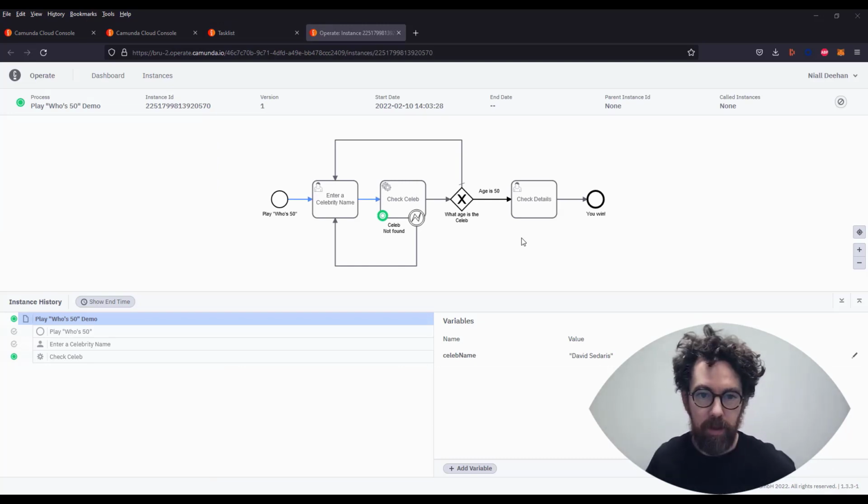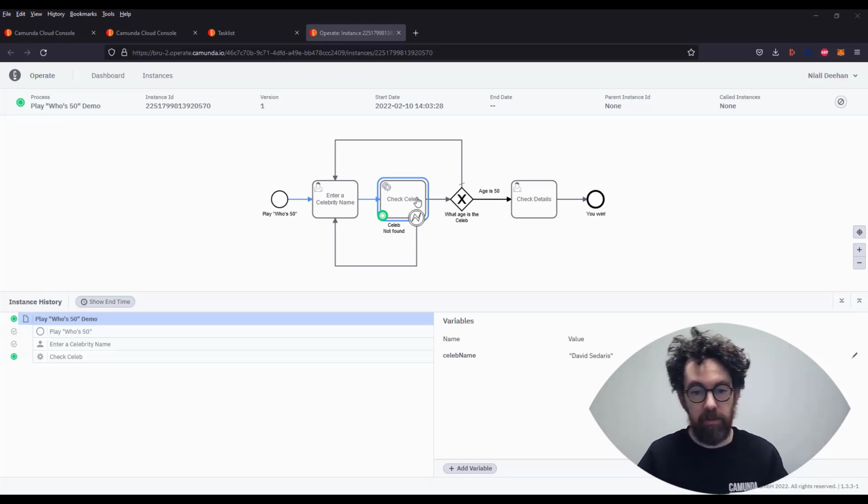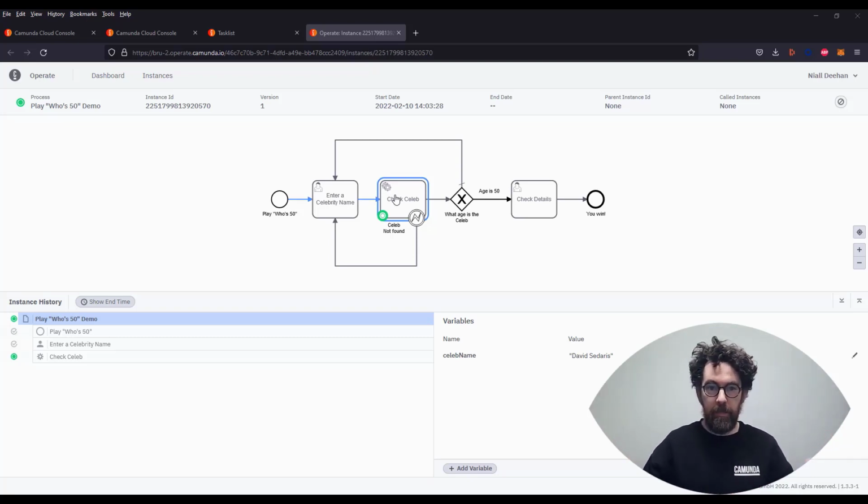How can we know this? Because if I go back to my Operate tab, where I had before, you can see it's moved on. This is auto refreshing, so I wouldn't need to refresh it, so you can just wait, and we can see that we are right now waiting for this work to happen. Now, why is nothing happening? Because we have not started up our worker.